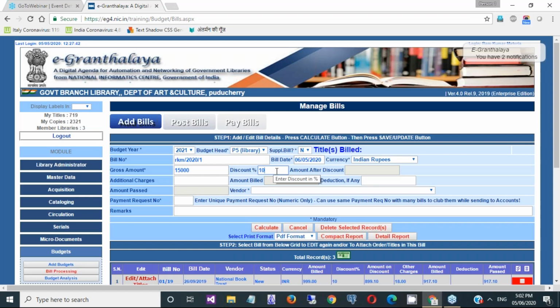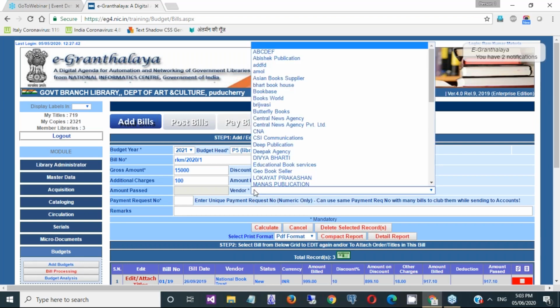Generally, that is the practice we have observed in most government libraries. Then additional charges: for example, if he has taken 100 rupees for handling. There may also be some overdue on that vendor, like 50 rupees already as per some note or credit note. You can mention it here. If it is not there, then you can leave it.